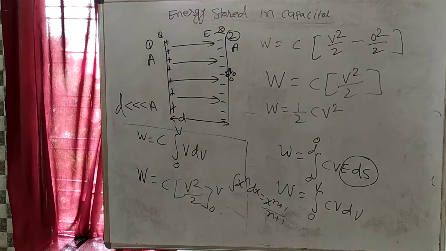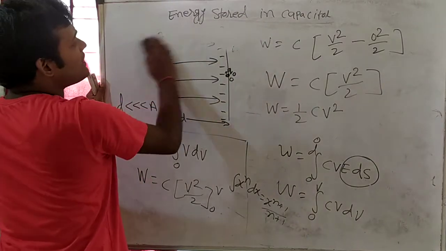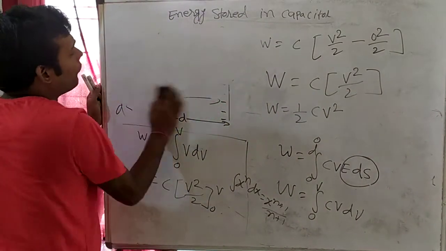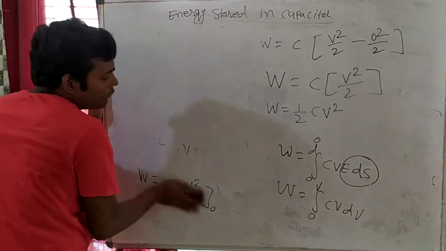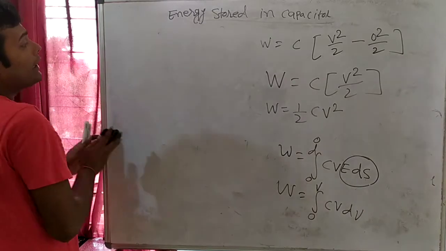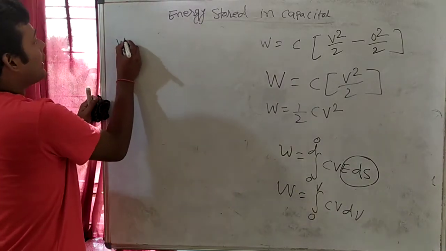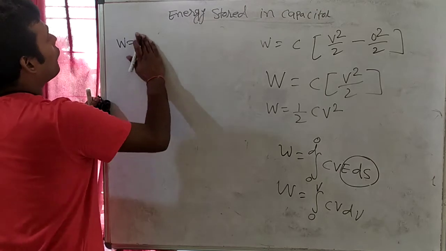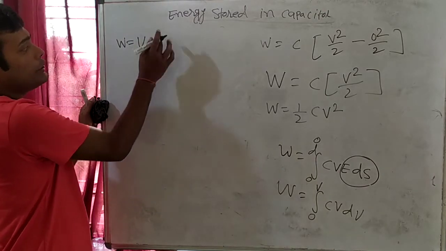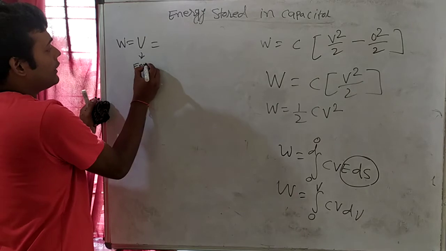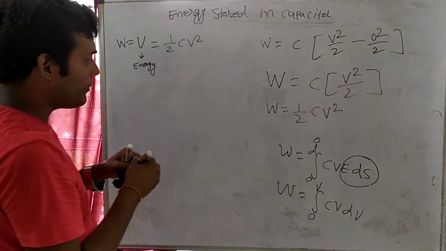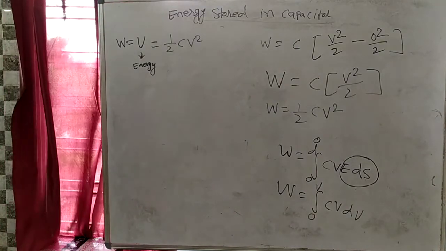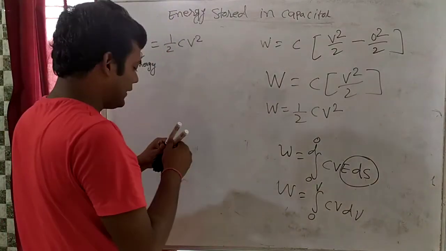Right? Up to this, firstly, y done will be half c v square. Now we can change this formula into other form also. See how we will change this formula. Work is a form of energy, we all know that. So we can write that work is equal to half cv square, or work is equal to energy. That means U is energy, so this is equal to half cv square. Now can we derive this formula in other form?